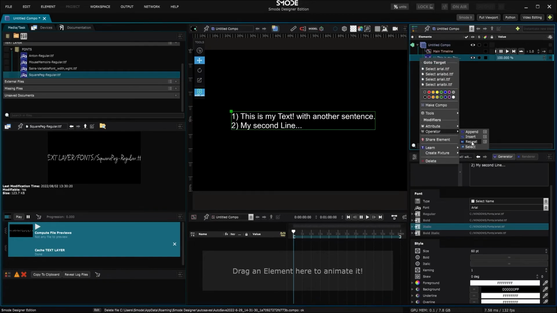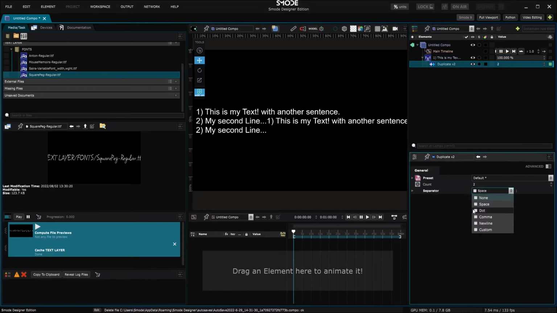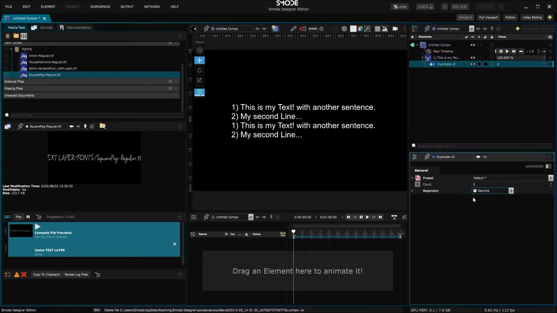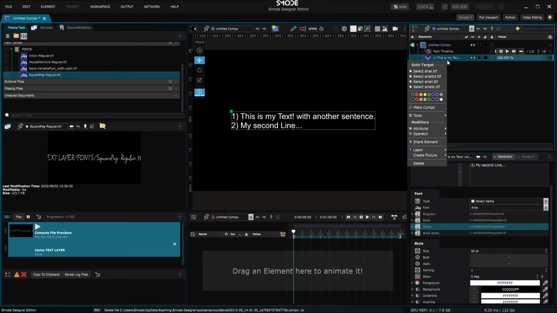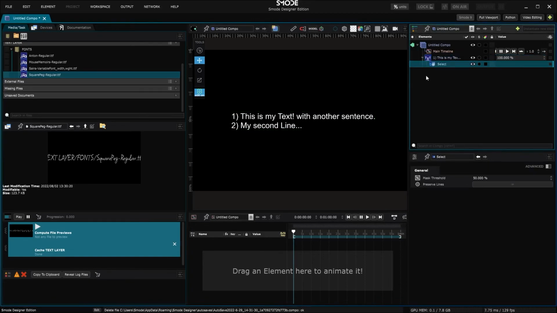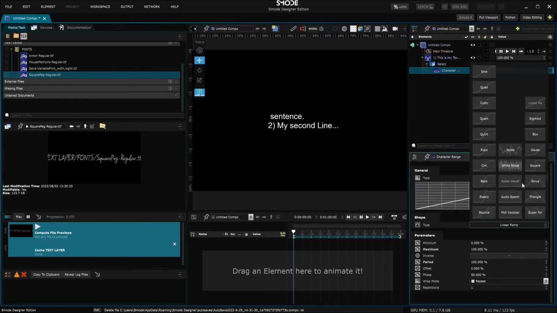Repeat modifier simply repeats the text. With the separators parameters, you can change the way the next occurrence will be placed. The select modifier won't do anything if it has no mask. It simply clamps the text depending on the selection of the associated mask.